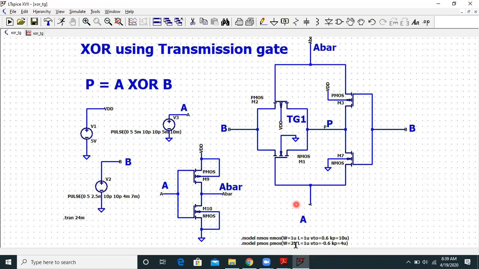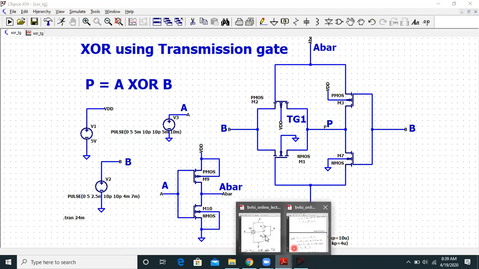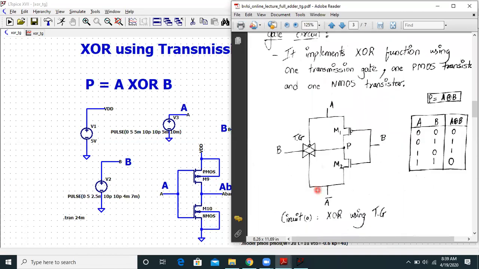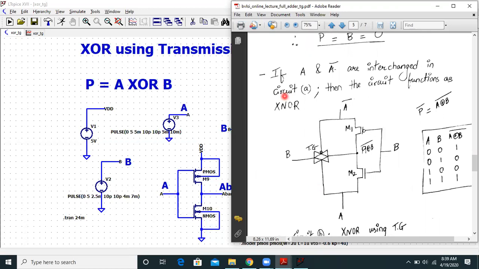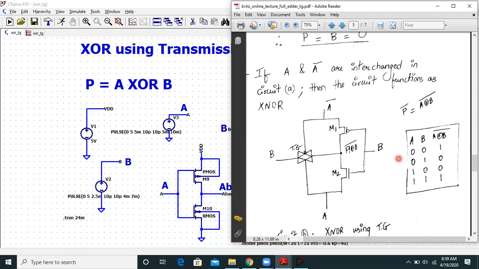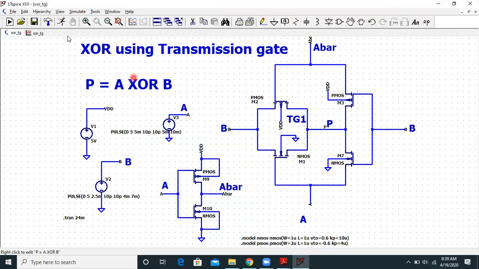So what is a XNOR gate? I'll bring your attention back to the PDF. Let me just scroll it down. So if A and A bar are interchanged in the above circuit, then the circuit functions as a XNOR gate. So what is a XNOR gate? XNOR gate, whenever both the inputs are same, only then my output is 1. Else if both the inputs are different, then the output is 0. So let us check whether this same circuit, after interchanging A and A bar, works as a XNOR gate or no. So let us again run the simulations,